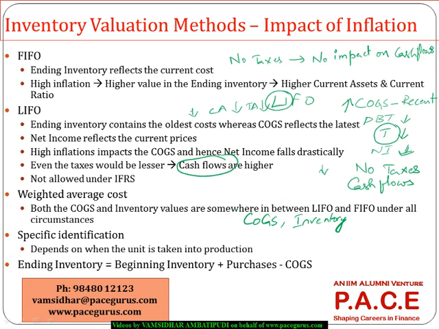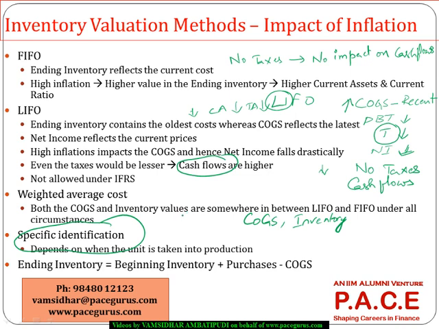So this is nothing but on a weighted average basis we will be doing the costing part. And if we are talking about specific items going into specific materials, so each raw material can be identified specifically with the element that is getting produced and sold, then we will be using a specific identification method